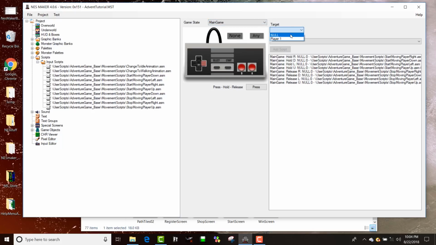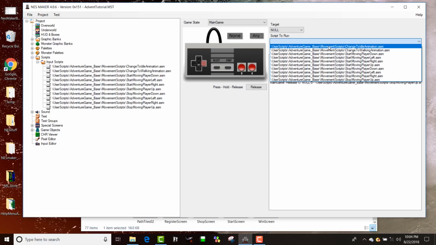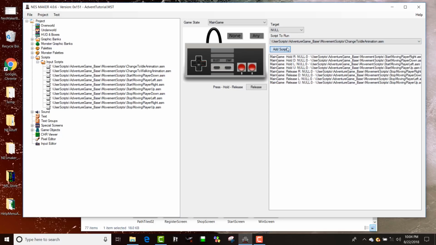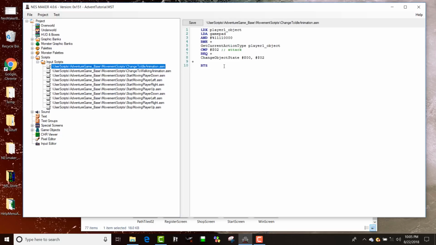main game, null. If I release right, I'm going to change to idle animation. And if I release down, I'm going to change to idle animation, same script. And if I release left, change to idle animation. And if I release up, change to idle animation. So now, if I let go of these keys, and let's take a look at that, this is going to